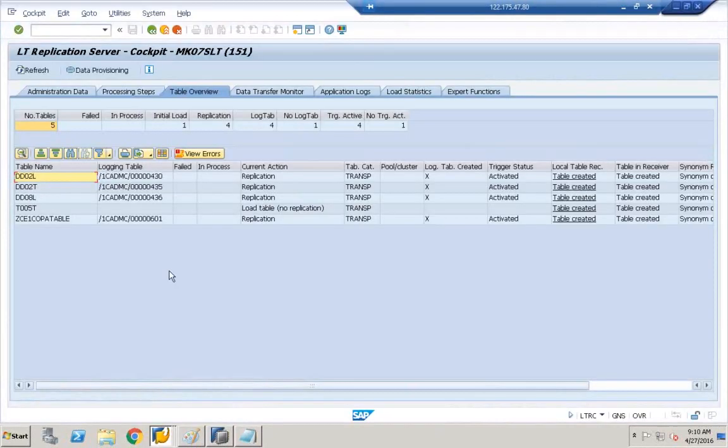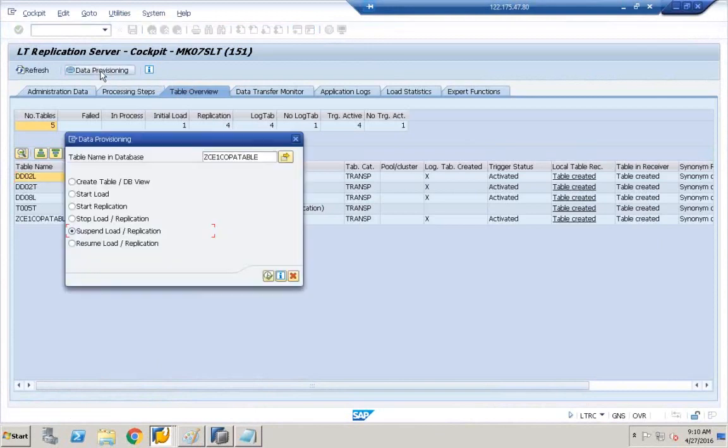I'll go back to LTRC. I'll click on data provisioning. I'll click on resume load / replication. Click execute. Now once I execute resume, what you notice over here is,